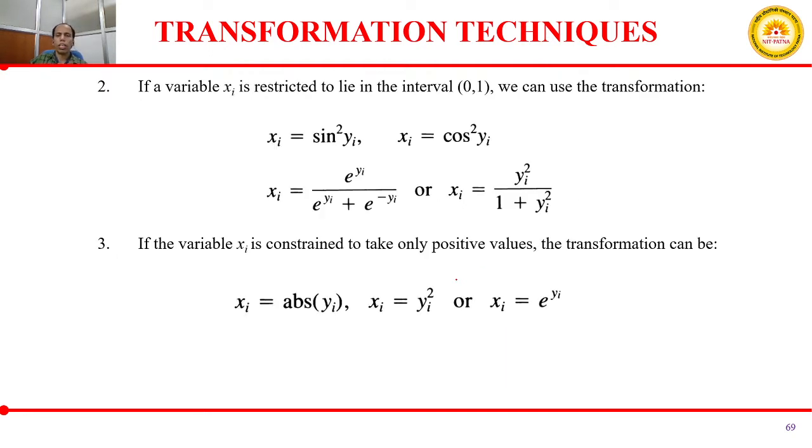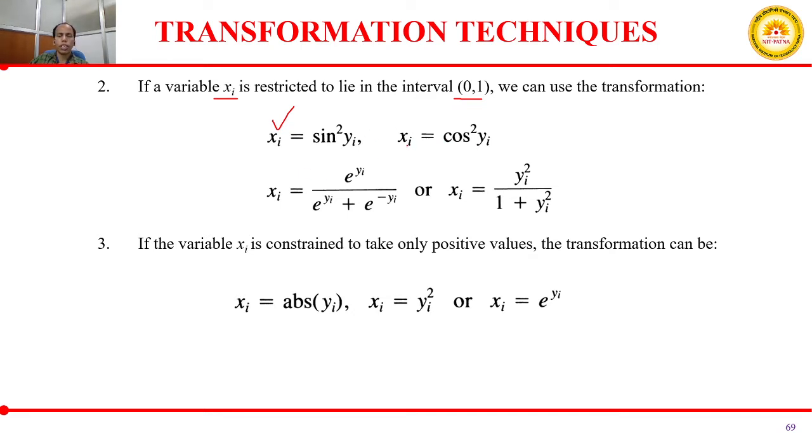But there are other cases also where, for example, your xi value is restricted to the interval between 0 and 1. Then we can use the transformation xi equals sine square yi. I will take one example, then you will come to know how this transformation takes place. Suppose your xi is restricted between the interval 0 and 1. Then you need to use the transformation xi equals sine square yi,